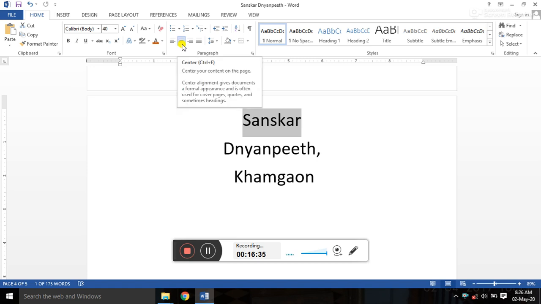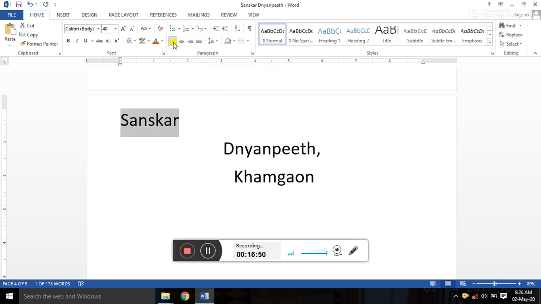The name of that option is center alignment, because the word lies in the center of a document, but at the top center of the document. Now let us see, while clicking on the left alignment, now that only one word is moved to the right margin of a page. Now why are the other words not moved?